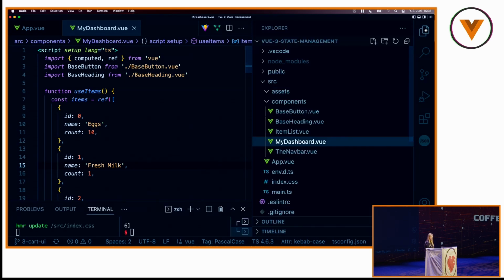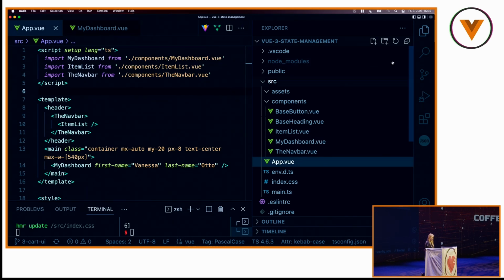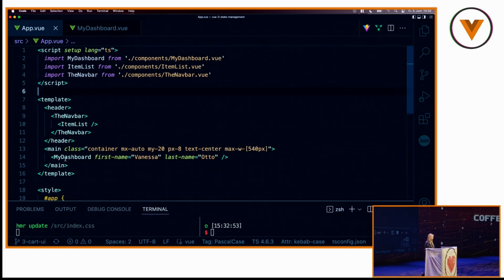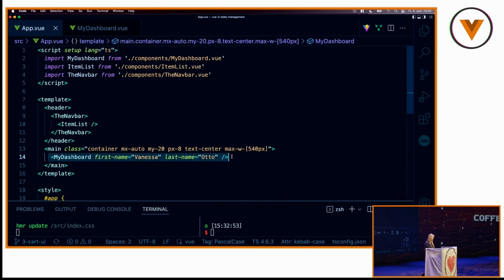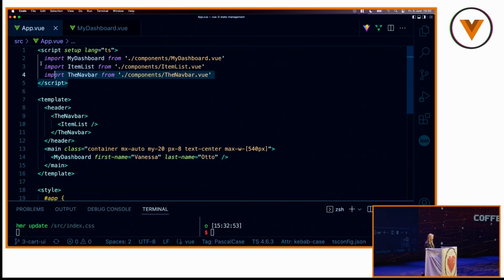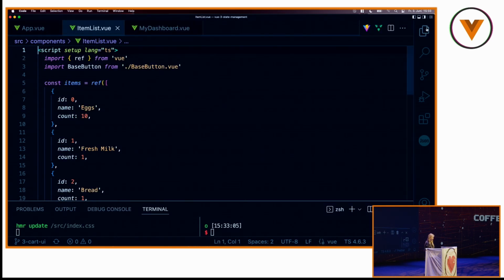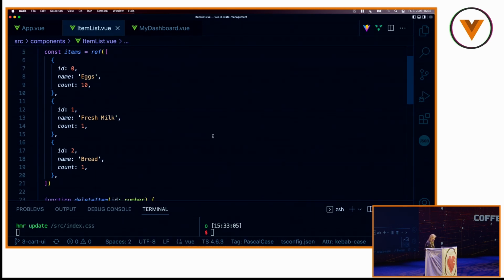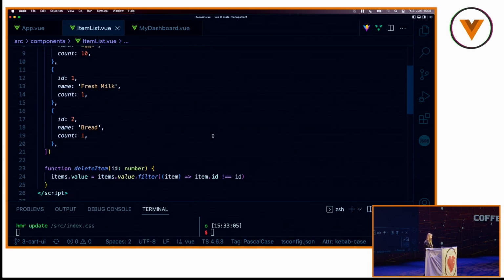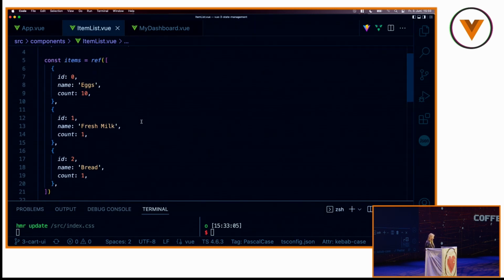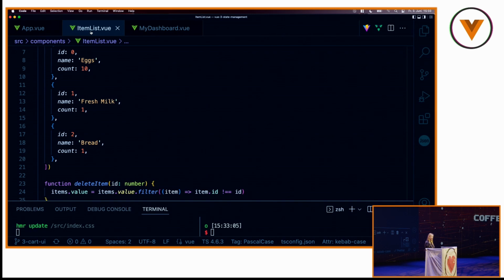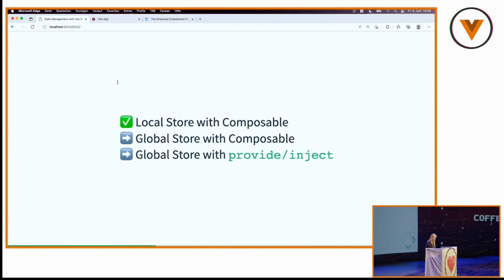So I'm opening my files and jump to the App.vue again. And what I see, bless you, we still have my dashboard, and additionally, I import the navbar and the item list. So the item list is actually just a copy-paste, because I was a lazy developer, just a copy-paste of basically almost the half what I had in my dashboard. So the items and the deleteItem are now also in item list. It looks like